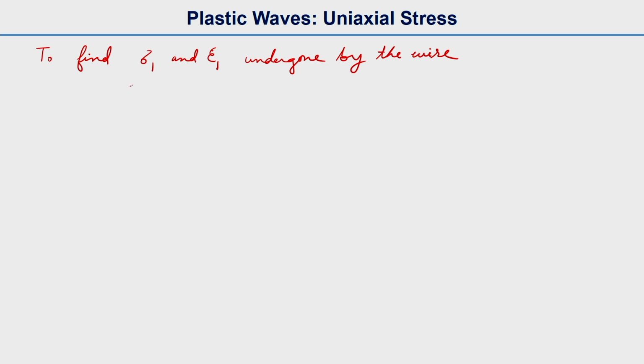So, this is the maximum stress and this is the maximum plastic strain. So, we want to find the maximum stress and maximum plastic strain undergone by the wire for a particular impact velocity